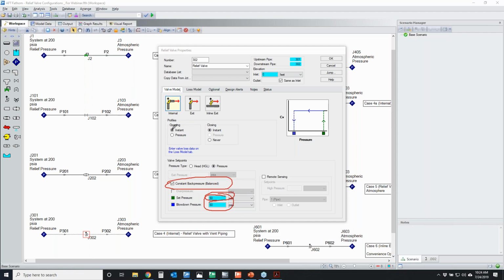And in steady state, by default, we're doing an instant opening or instant closing. Well, that doesn't mean very much for steady state, because again, your relief valve is either going to be open or it's going to be closed. That's really all there is to it. There's not much more than that. Now, the reason why instant is useful is because of the loss model here. So if I have a loss model where my relief valve is either going to be open or closed,